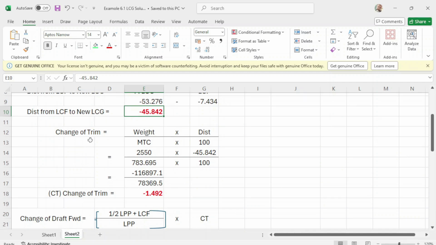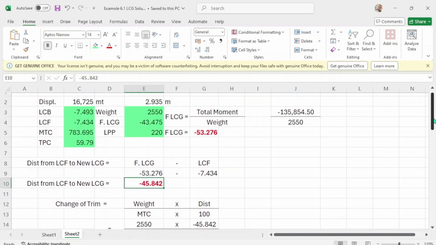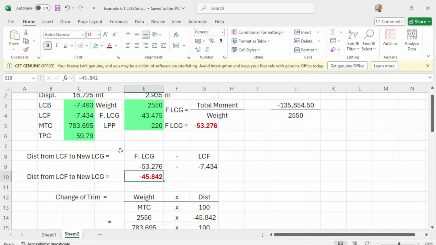Now, next we get the change of trim. The formula is weight times distance over MTC times 100. What is the weight? The weight is 2,550 times your distance, this one, distance from LCF to new CG, over MTC, which is this one, 783.695, times 100.